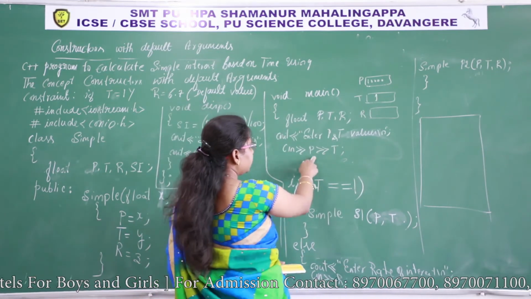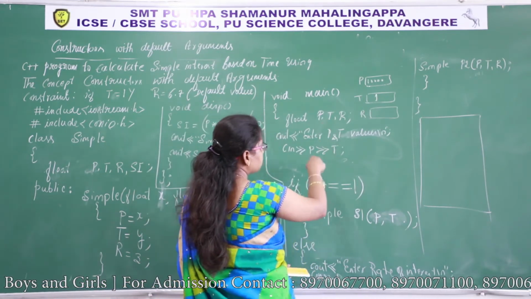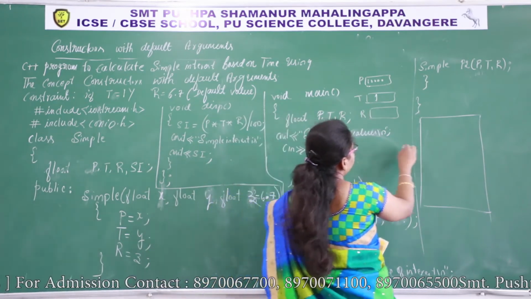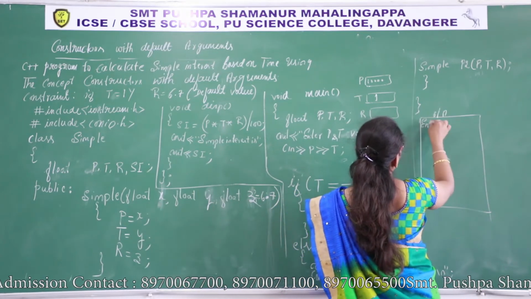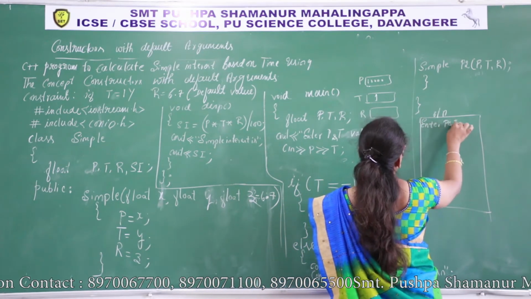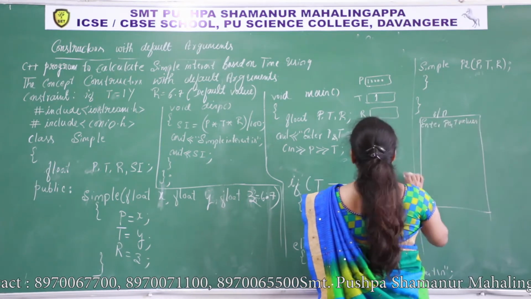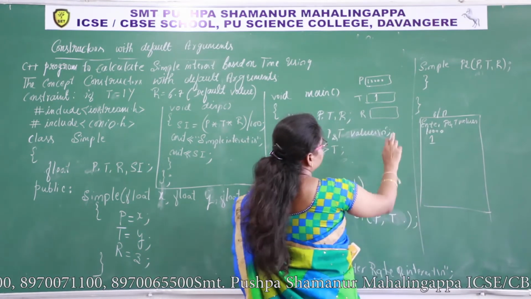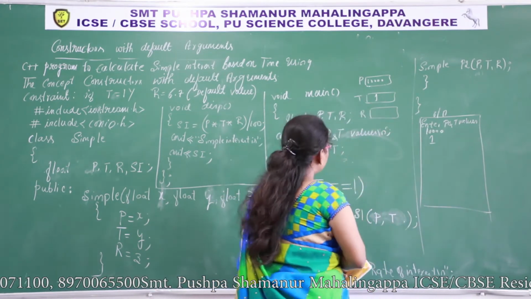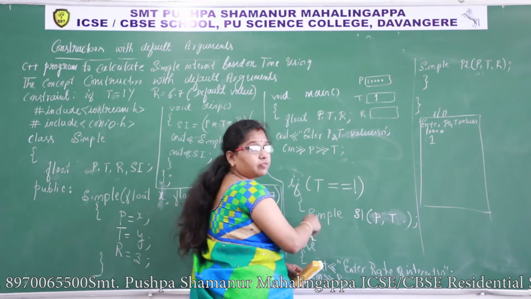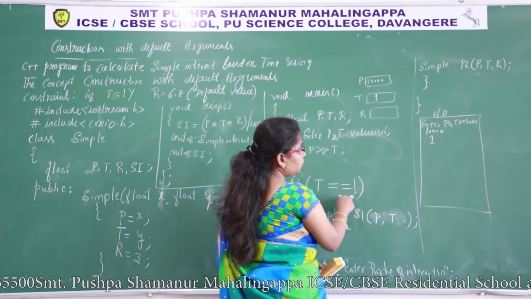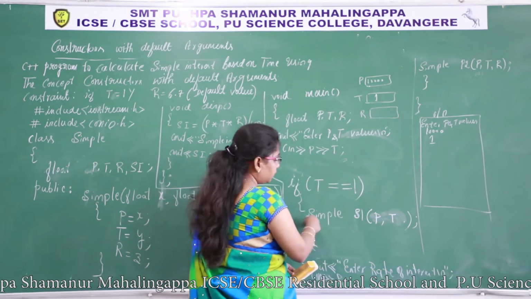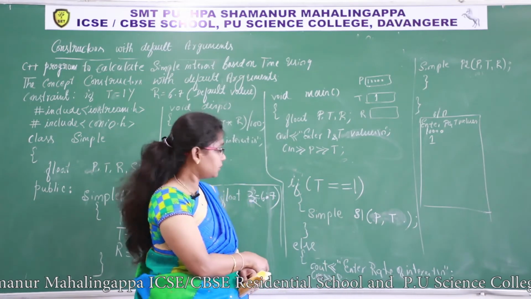Then the next statement, these are the internal process. T is equal to 1, yes, T value is 1. So this statement will display on the screen now. This is the output screen. Enter P and T values. Then I'll give 10,000 here and T value is 1. So 10,000 goes to P and 1 goes to T. Next statement is the if else statement. If T is equal to 1, yes, is T 1? Yes, condition satisfied. Then it enters the block and there is an object creation with 2 arguments.